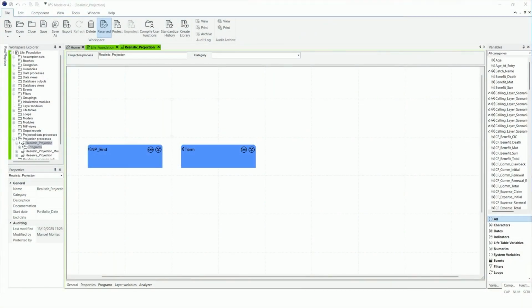Section 12.0 Parent and Child Programs. The programs in the same projection process, without any links between them, will process data records independently of one another. However, we can establish links between the programs within the same projection process that will enable them to interact, passing values between each other in the same projection step.